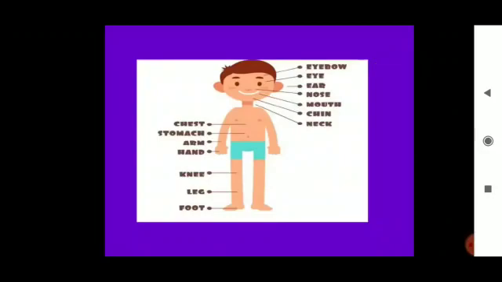All these parts, can you see them? Can you see the eyebrow? Can you see the eye of this boy? Can you see the ear? You can see chest, stomach, arm, hand, knee, leg, foot. You can see these parts of the body. If you want to touch, can you touch these parts of the body? Yes, you can. So we can say that these parts are hardware, the parts of the computer system which we can see and touch, as you can see in this body, are called hardware.